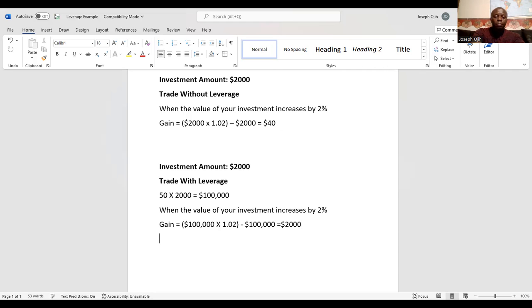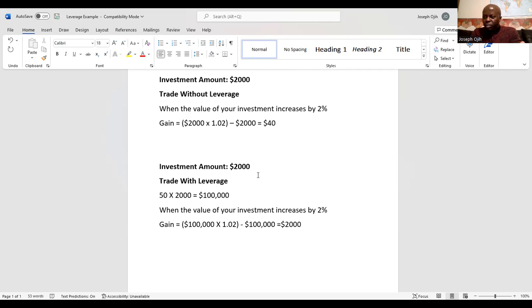See, in other words, you give them $100,000 back, okay, minus $200 or whatever amount they charge you for interest. So at the end of the day, you have $1,800 instead of $40. Now, you can see how leverage works. But like I said, leverage is